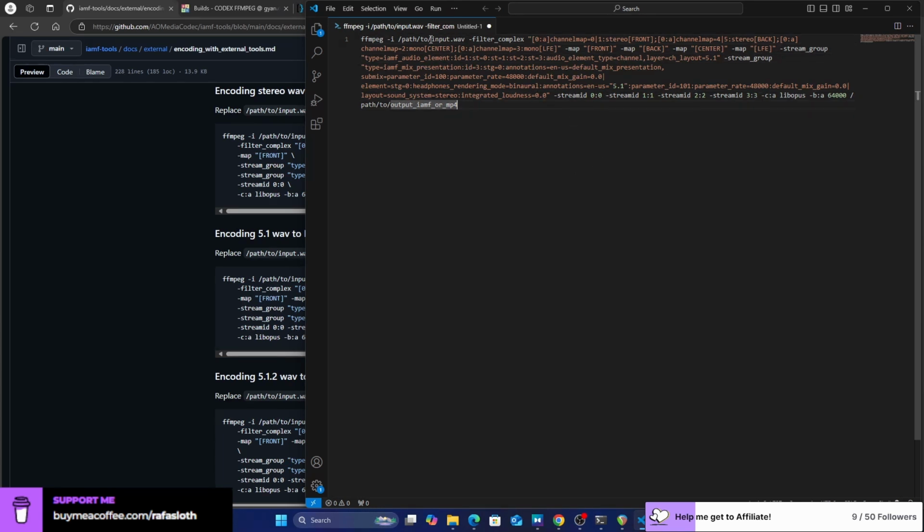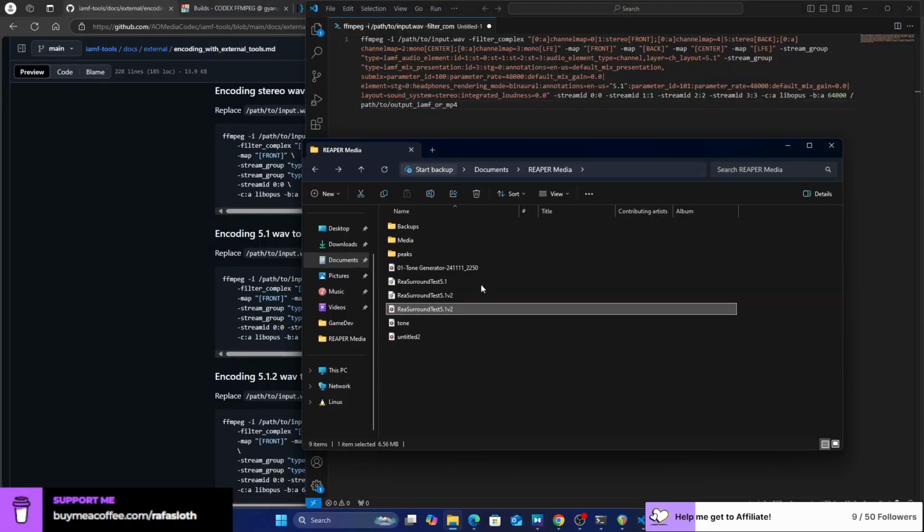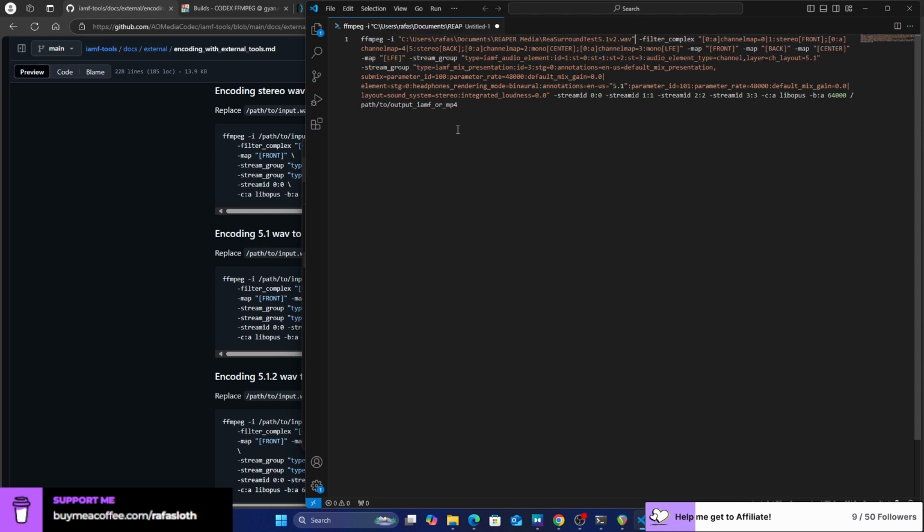Okay. So the input file is this one that we just created. Copy path, and I put it here. And then I'm gonna remove this quote, copy this name, and we're just gonna add .imf. So that's the command.